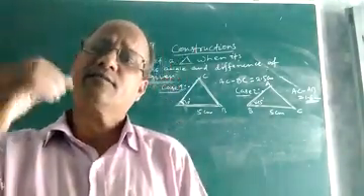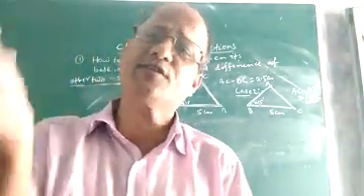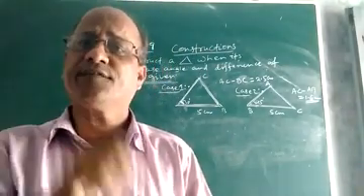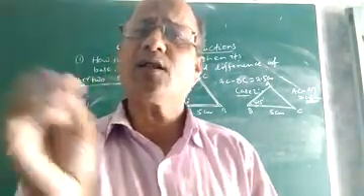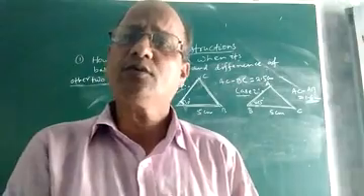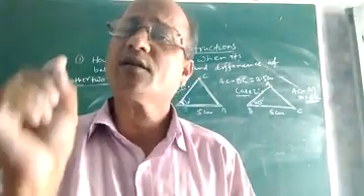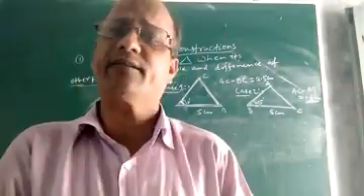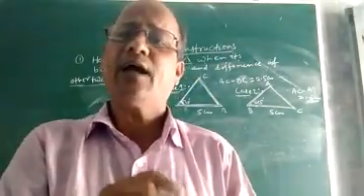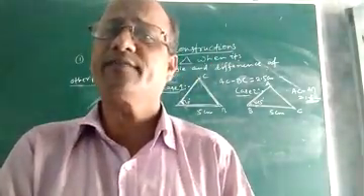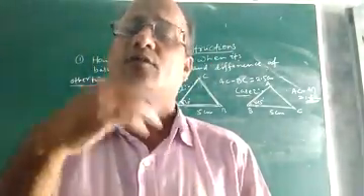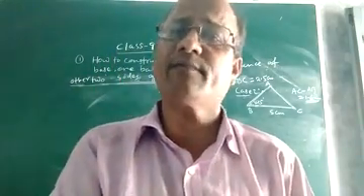Today, let us discuss the second construction, which is just the opposite of case 1, I mean the first construction. Suppose you are asked to construct a triangle whose base is given, one base angle is given and the difference of the other two sides is given. How to construct the triangle? So what does it mean? Let me discuss it mathematically.